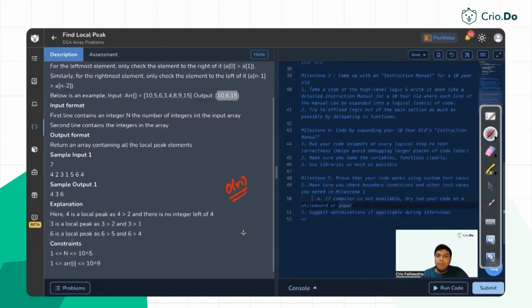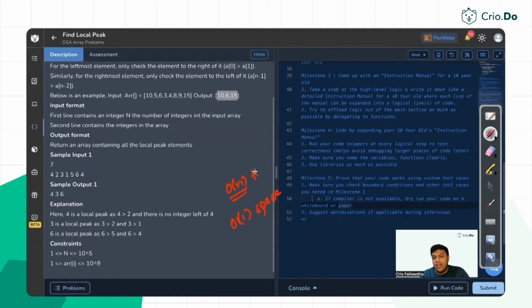And what about the space complexity? See, the array is given to us as an input, and whenever we calculate space complexity, we never include the input space in it. So since input is an array which is not going to be considered as extra space, auxiliary data structure, space will be constant. Why? Because there is no extra data structure which we are creating in order to do linear search. Linear search is just an in-place solution. So space is constant, you can say order of 1 space complexity for this particular approach,